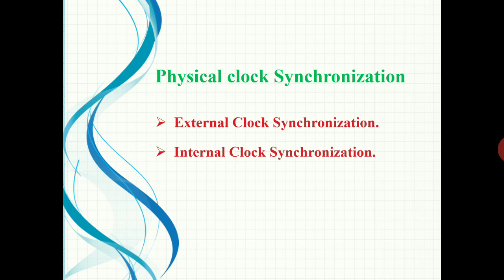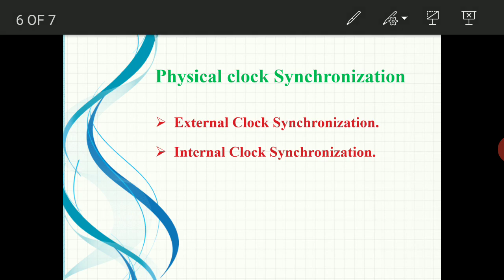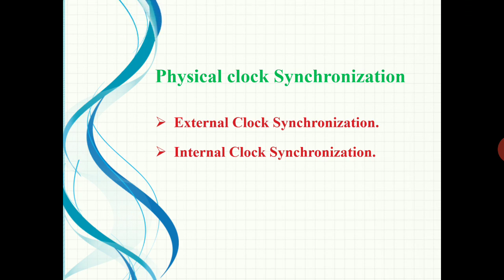In internal clock synchronization, each node shares its time with other nodes, and all the nodes adjust their time accordingly. That means there is no reference. Each node sends its time to all other nodes, and based on the values collected, each node sets its clock accordingly. In this fashion, it creates the clock synchronization. We will see the different physical clock synchronization algorithms in the next section.